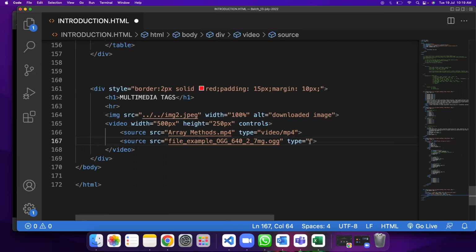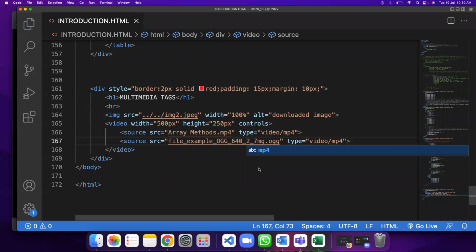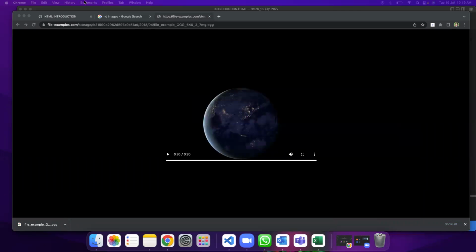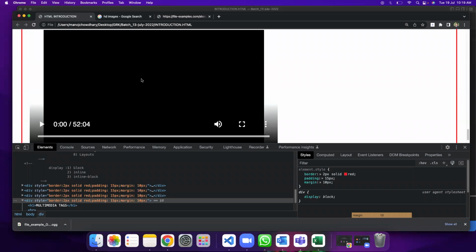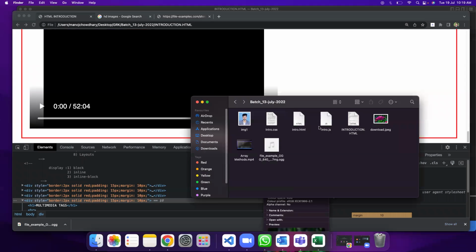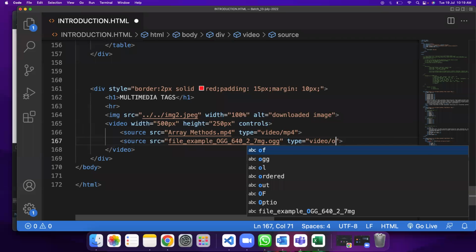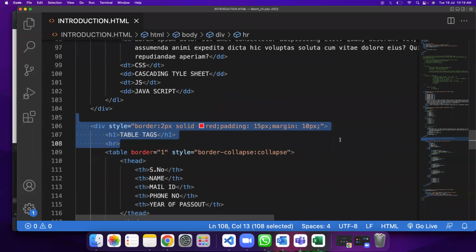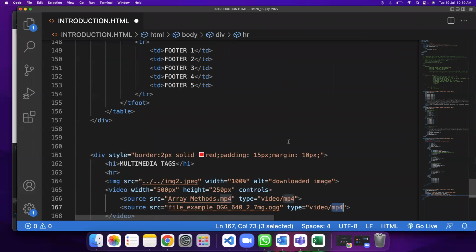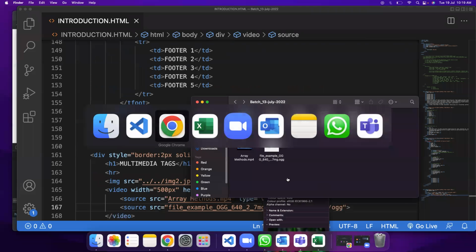OGG. Now if I give video slash MP4 and save it, and reload, am I getting any video there? No. Why? Because it is not the MP4 format, it is an OGG format. So now if I go to the code and give video slash OGG format, and go to the browser and reload,